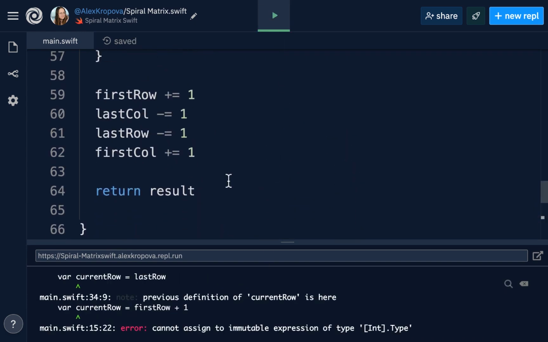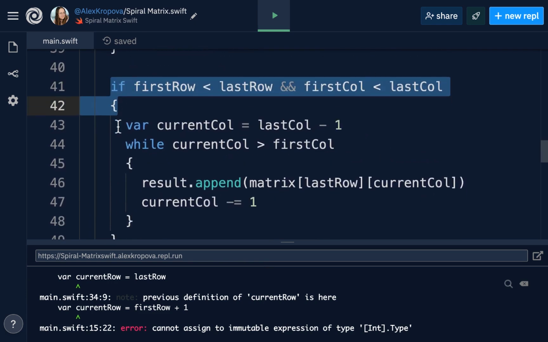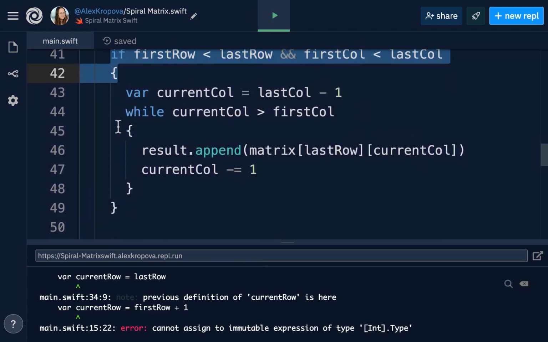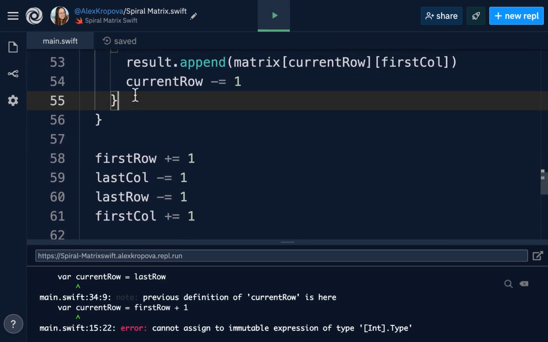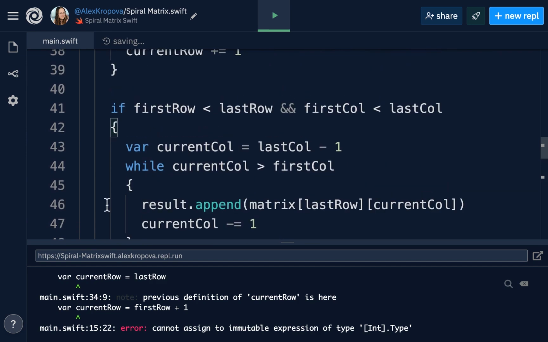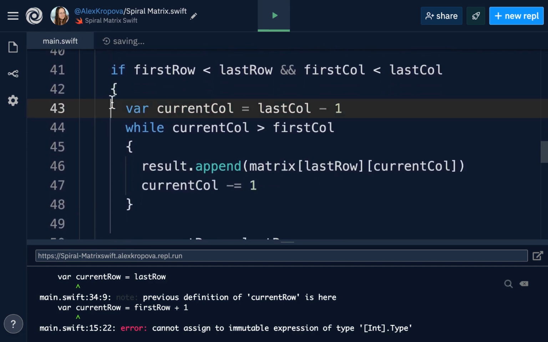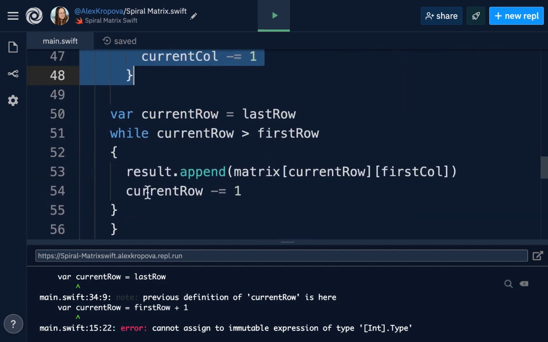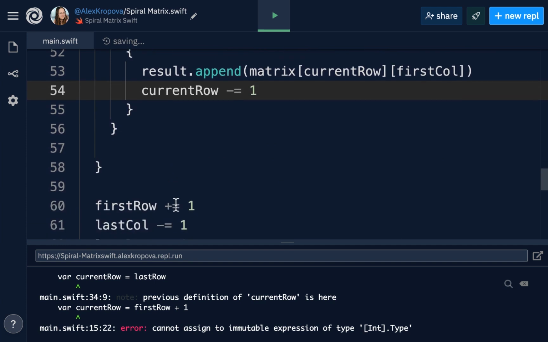Now it looks like we are missing a parenthesis. Okay, so we have this if statement, and we just want to make sure that we move this bracket outside of here, because this check that we have up here is checking to ensure that we have all of the values valid, and we need that for this portion as well.